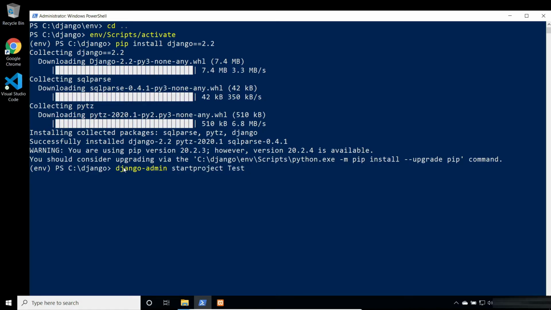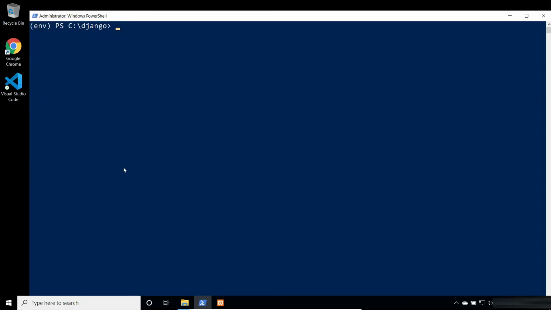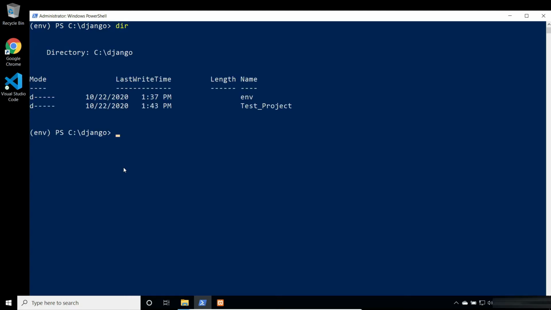I'll be giving test_project as my project name. So inside this Django directory, one test_project has to be created. So let's check. You can give the command dir. So this is our project and this is our environment.